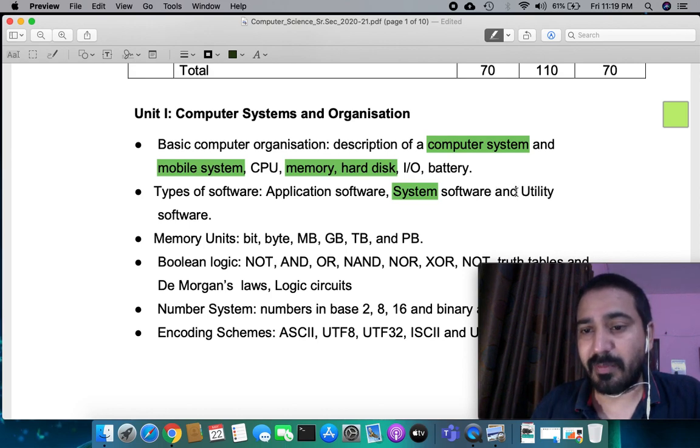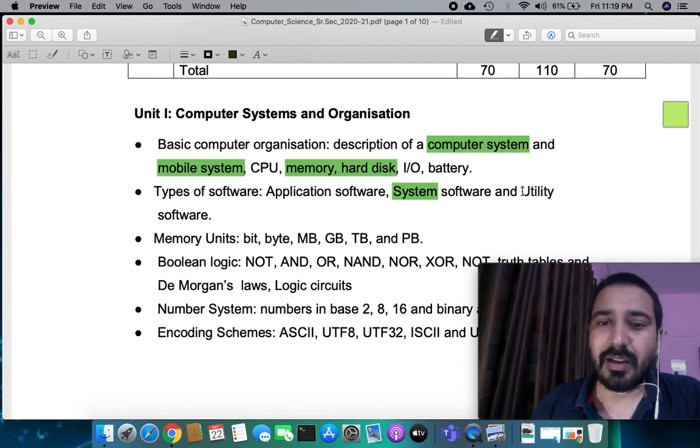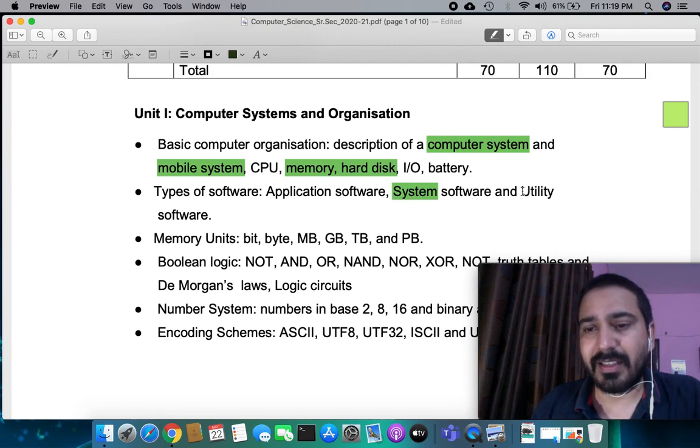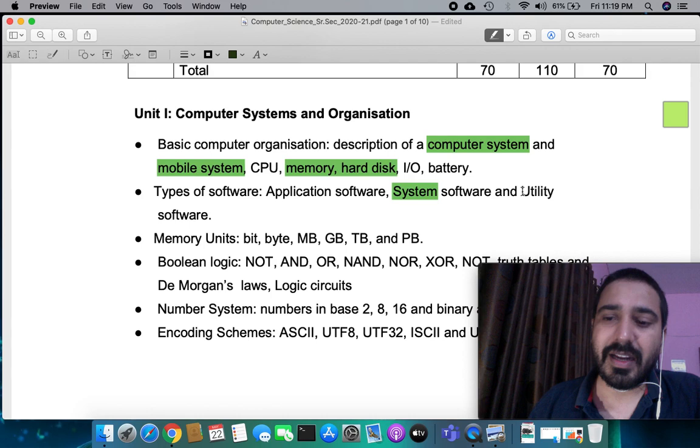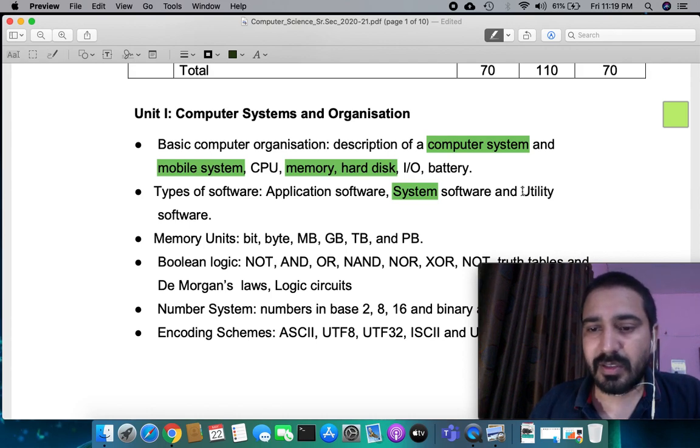Now come to the utility part. The system doesn't require anything more than the kernel or operating system. But a normal user is not at that expert level. Utilities like disk fragmentation and file explorer can't be handled by that user if he doesn't know programming.